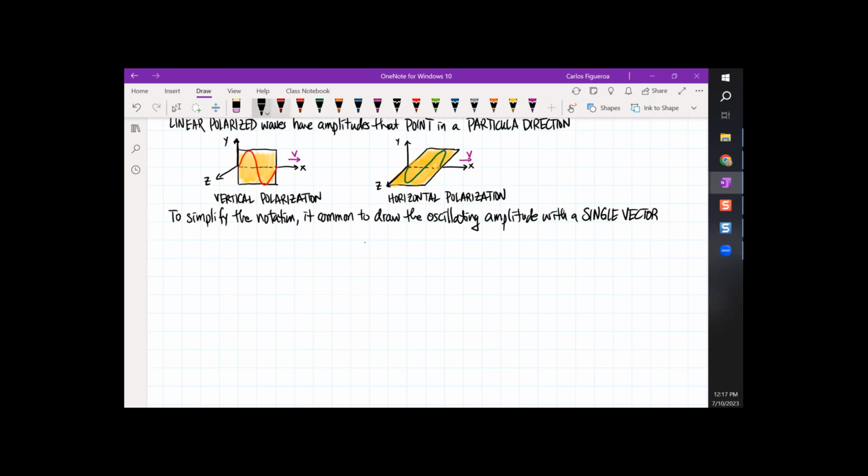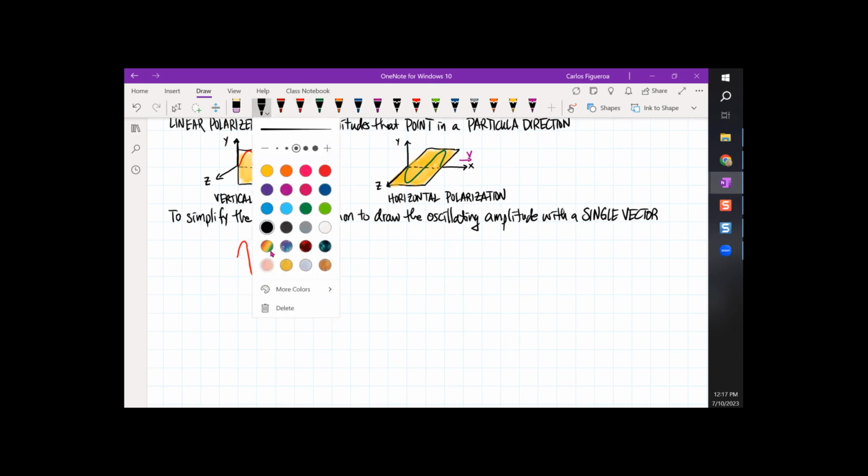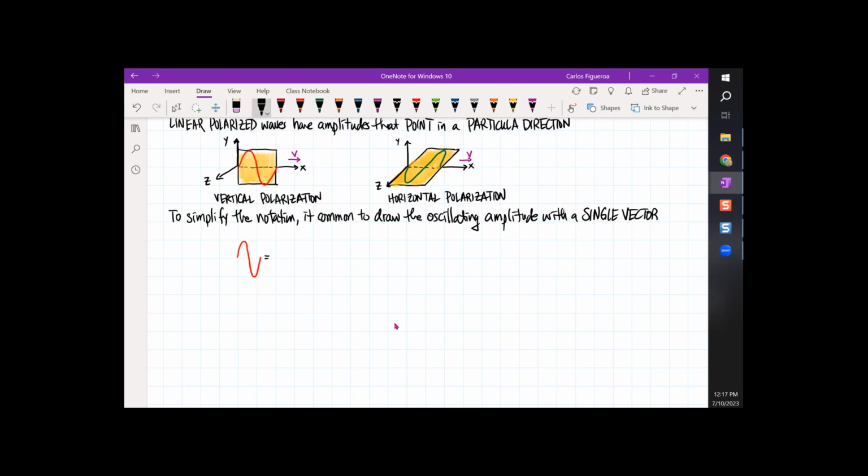In other words, if I have a wave that goes like this, it's vertically polarized. This is an oscillating vector field. Excuse me, an oscillating vector. It is a field, but I should have just said vector. So then this looks like this, and I'm going to say that this amplitude is in the y direction. And if I have a wave that's oscillating horizontally like this, then we define this as a horizontal amplitude